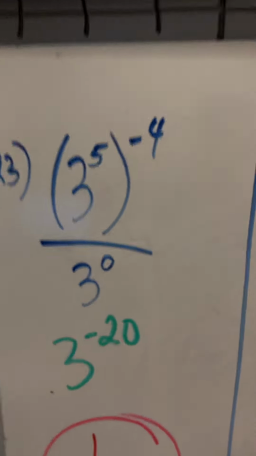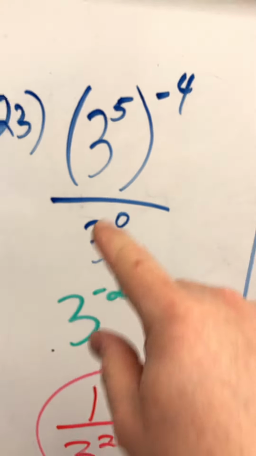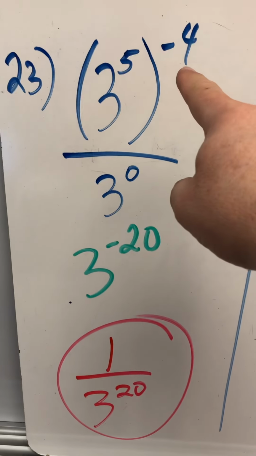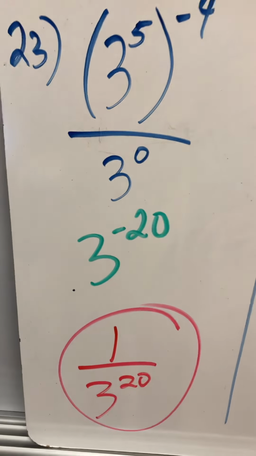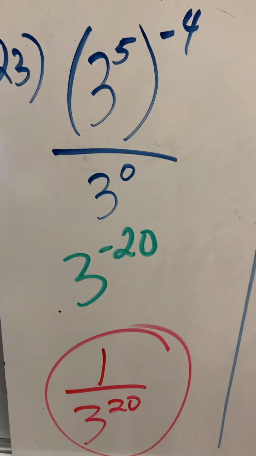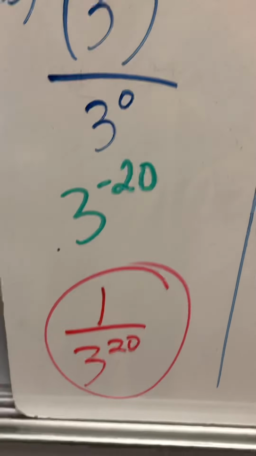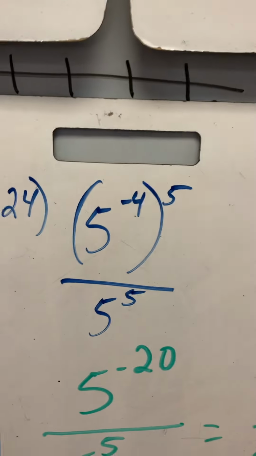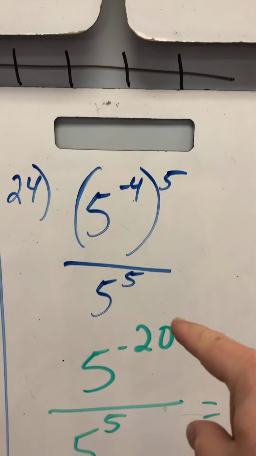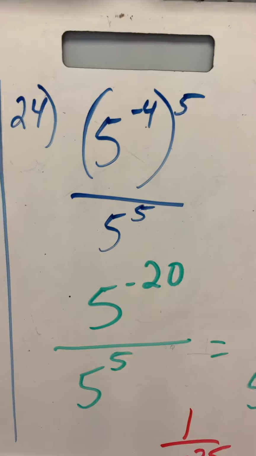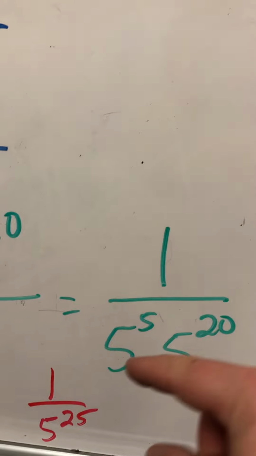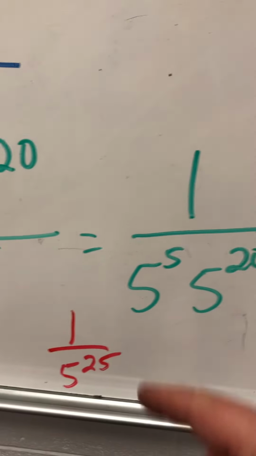Okay. What about this mess? This, 5 times negative 4, that's negative 20, sorry. Over 1, so it's 3 to the negative 20. Or 1 over 3 to the 20. Same idea here. Here's 5 to the negative 20th over 5 to the 5th. I'm going to take negative 20th, move it to the bottom, 5 to the 5th, 5 to the 20th. Gives me 1 over 5 to the